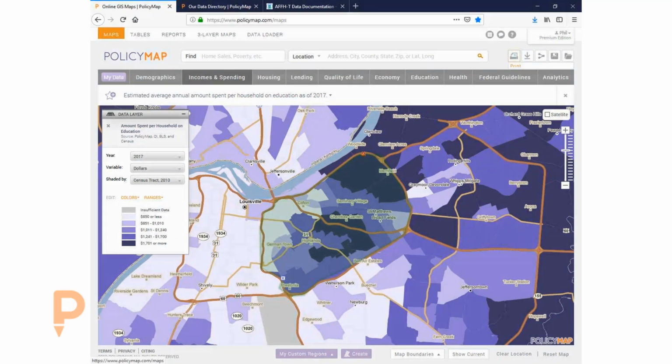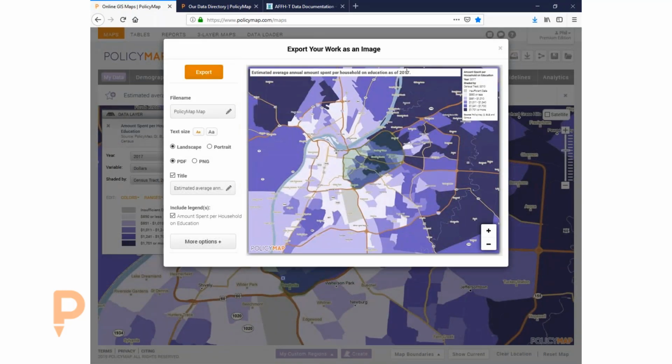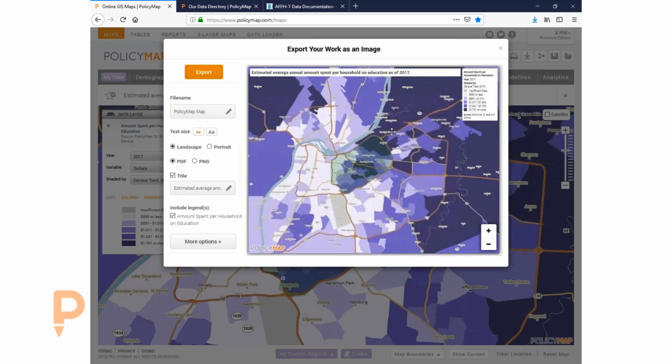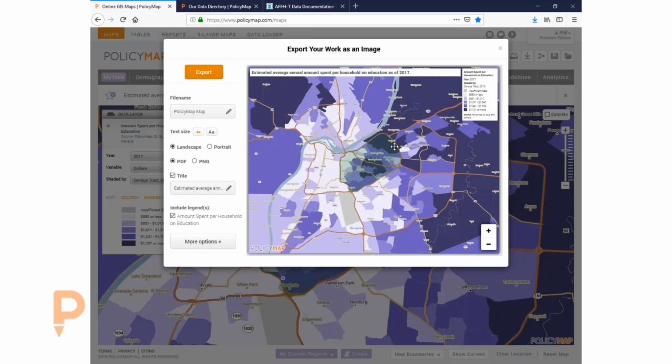The print icon allows you to save this map onto your desktop, so you can email it to another person, copy and paste it into an email, put it into a PowerPoint or a Word document or a website. It's an image of the map that you're working in. And the image, once you pull this up, is fully interactive at this time, meaning you can center the map